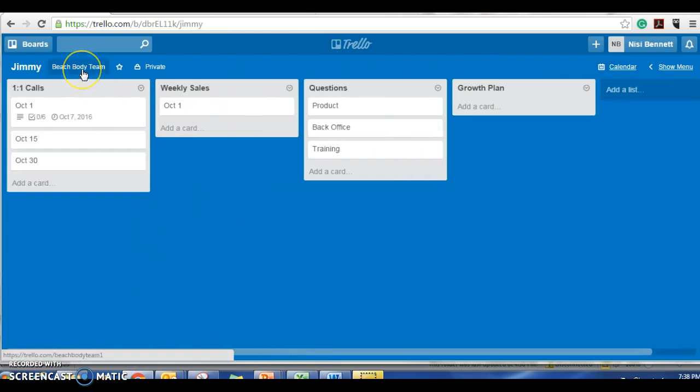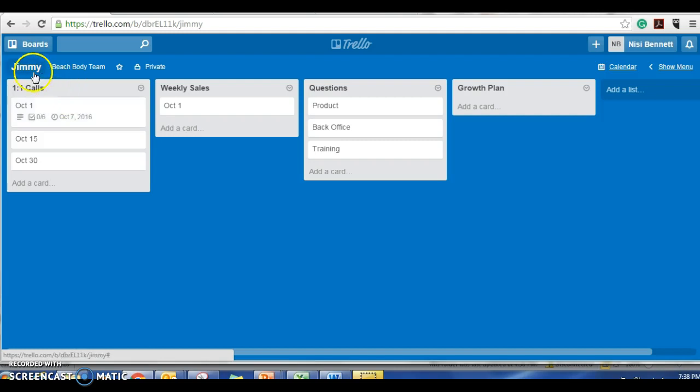Again, put your team name here as the team, each team member as a board, and then the things that you would want to do for each team member as part of your list. And then each card is the things that happen as you go along. So I like to have it dated so that I know we did our one-on-one calls, and I'll put in, like, 7 or 8 weeks worth of dates so that I know which one we're on or what we need to do. And I hope this helps. If you're building a team and you're integrating that into your calendar, you need to schedule conference calls or reminders,